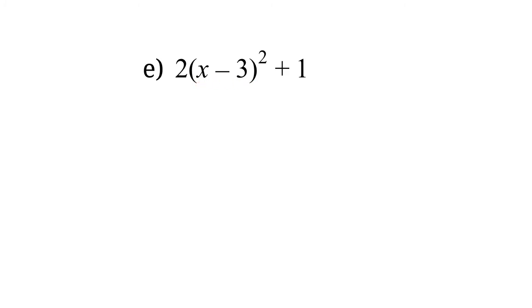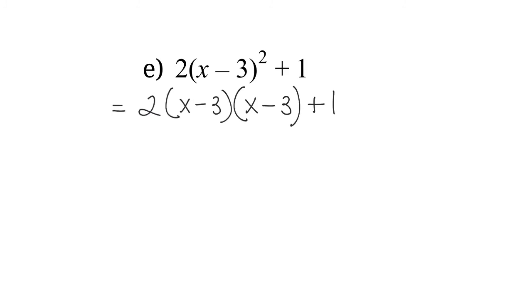So if I were to do that, I would have the 2, I'd have x minus 3, and then I'm going to write out another x minus 3, and then I still have plus 1 at the end. So again, it's going to be your choice on how you choose to proceed. You could take this 2 and distribute it into the first bracket, like we did in the previous example, or